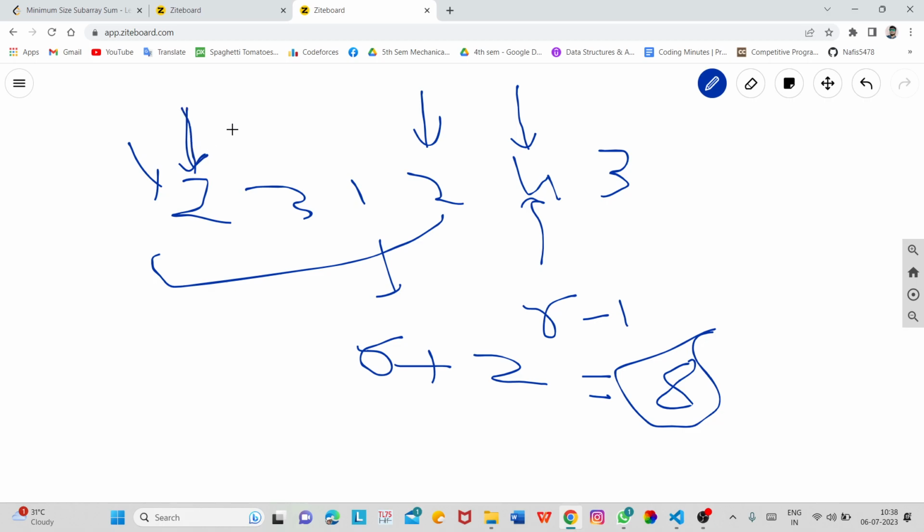So this was our L and this is our current R. So the subarray will be from L to R minus 1. This is because our R has actually increased to the next pointer. You can see that our R is increased to the next index.